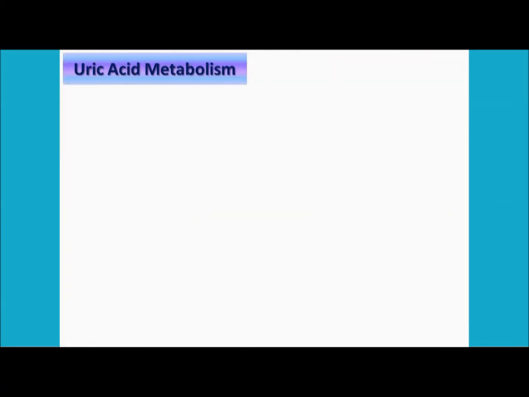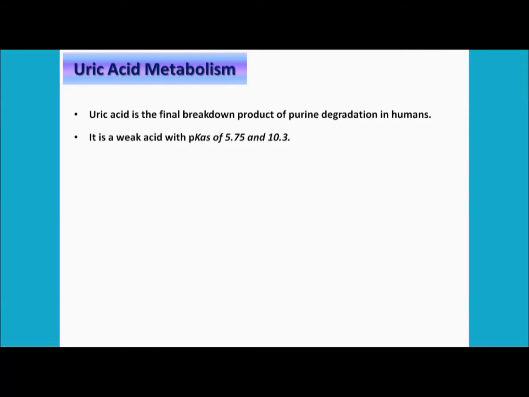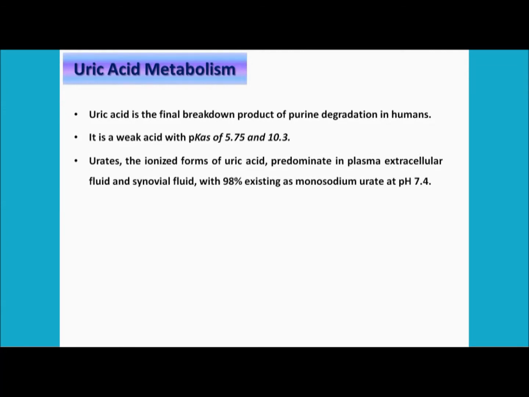Now uric acid metabolism. So how does this metabolism take place? Let's start point after point. Uric acid is the final breakdown product of purine degradation in the human. We know that, right? Now as it is a weak acid, it has dissociation constants of 5.75 and 10.3 in the acid and basic medium, right? The urates are the ionized form of the uric acid, right? It predominates in the plasma, extracellular fluid and synovial fluid, with 98% existing as monosodium urate at 7.4 pH,